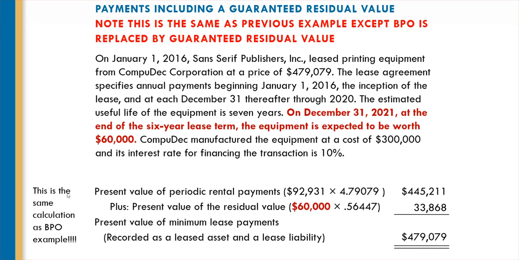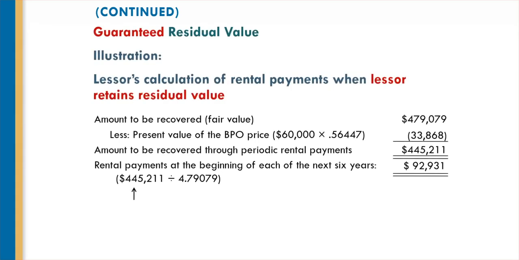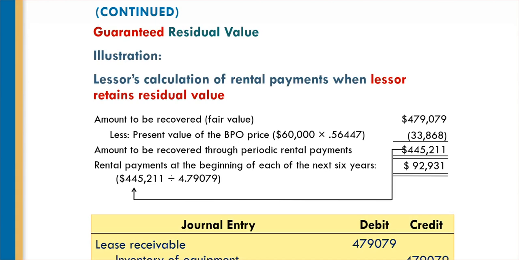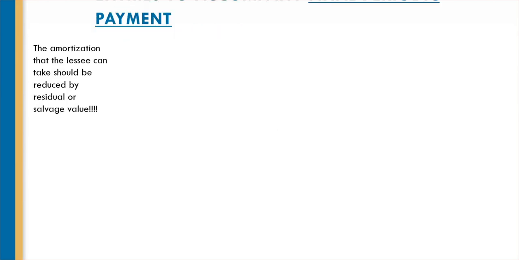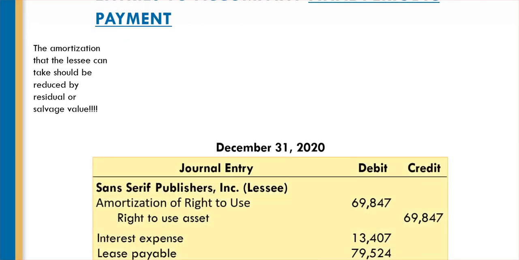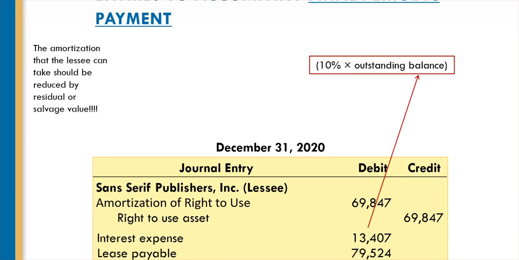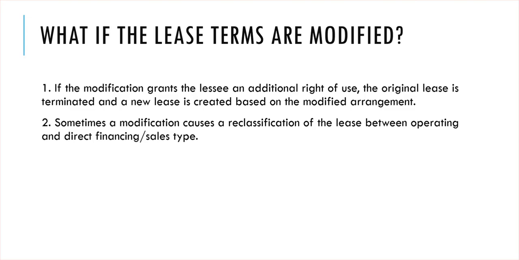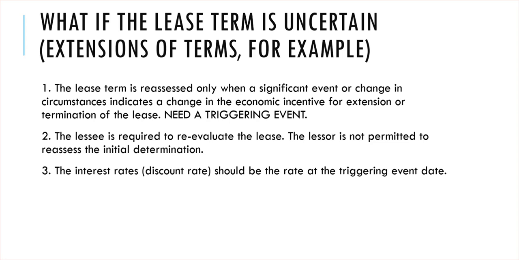Certainly your calculation here on present values is going to be the same, so your initial recording is going to be the same. It's just that when you get down to the end of the thing and you start looking at it, if they have a bargain purchase option, the situation is a little different at the end, because if they're purchasing it, they're going to have the asset. The rules about modifications and uncertainty I discussed previously, so we're at the very